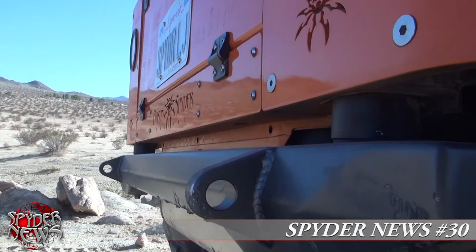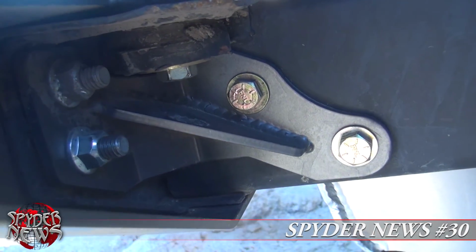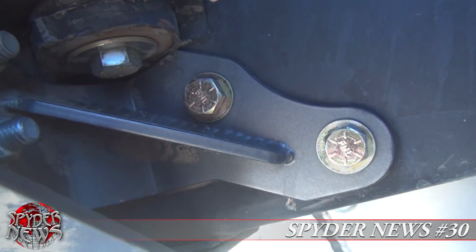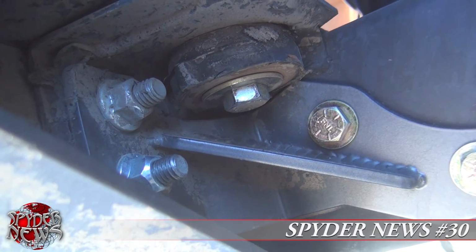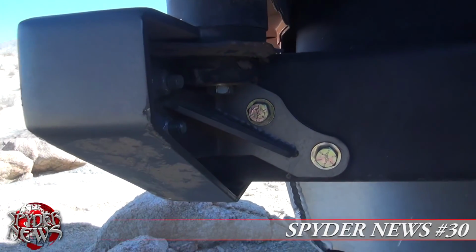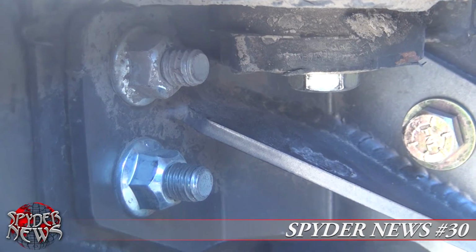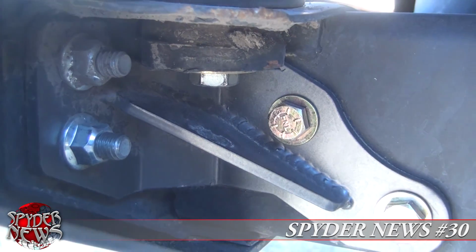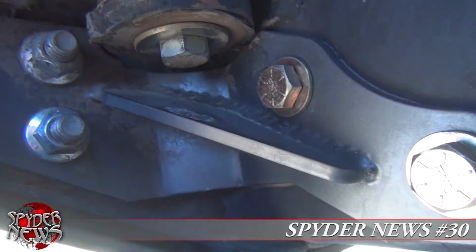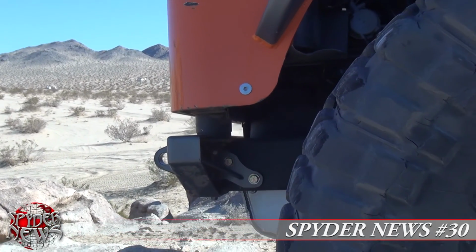Well, not necessarily a new product, it's a reintroduction of an old product. This one's backed by popular demand. It seems like a lot of you are using your stuff just the way we've designed it. And while the bumpers have held up well, the crossmember hasn't. So this frame tie-in bracket is for the guy that runs the BFH and wants to really use his BFH, or runs no bumper at all and is worried about the strength of that crossmember. Or if you run any other manufacturer's bumper, what this thing is designed to do is tie that bumper into